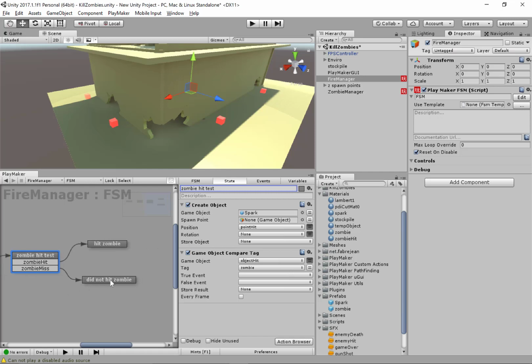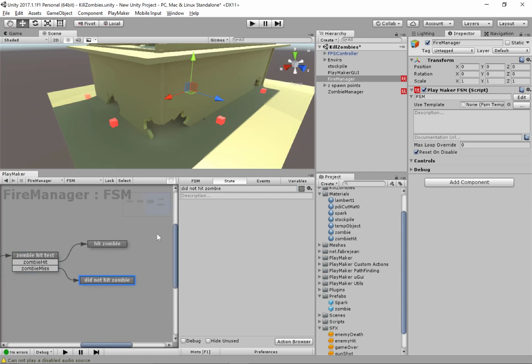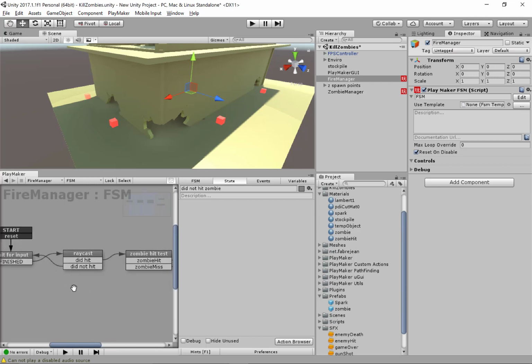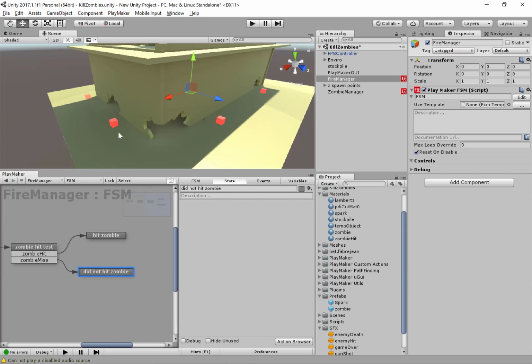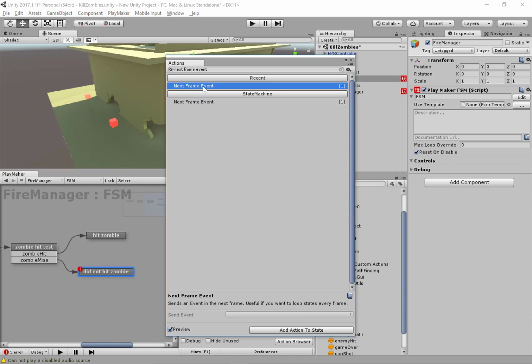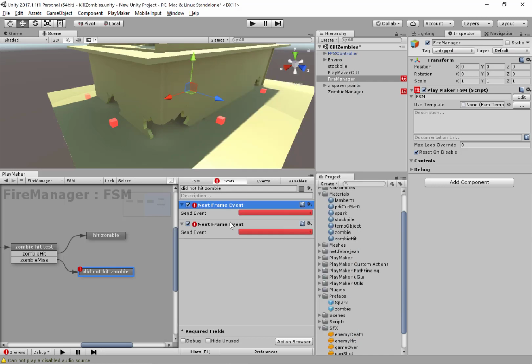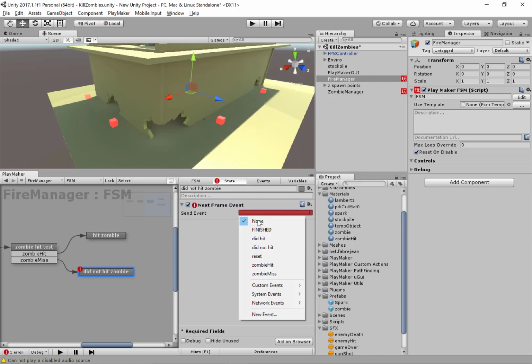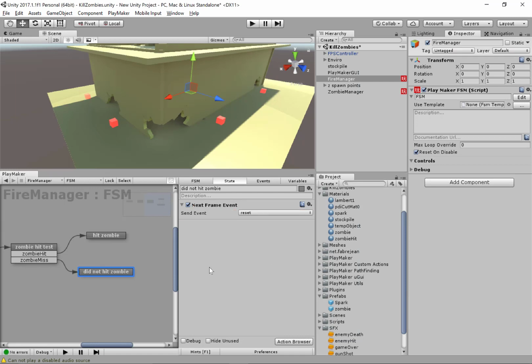Okay, so if we did not hit the zombie, we don't need to take away any health. We don't need to do anything except go back to the first state. So that will be simple. That's just going to be a next frame event. We just need one, and then we can send the reset state. Okay, the zombie hit, however, we're going to need to fire